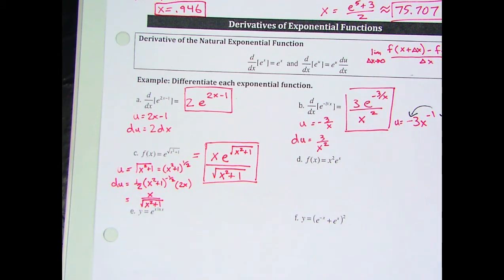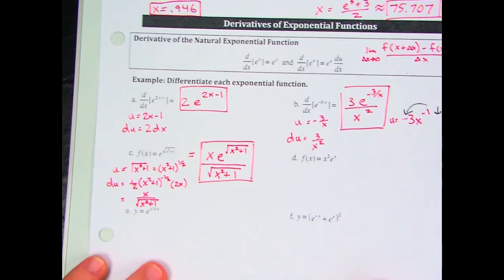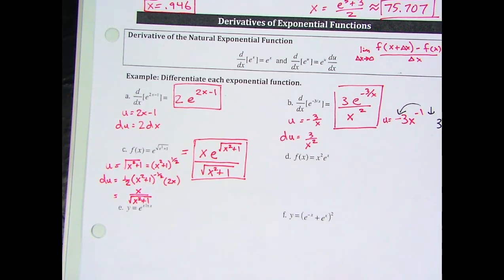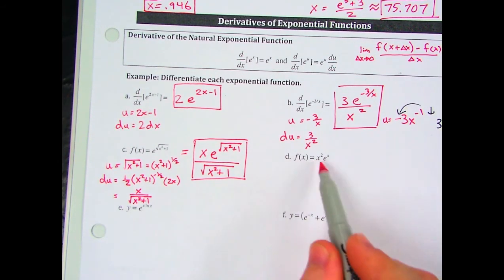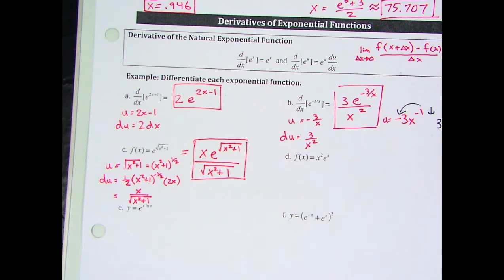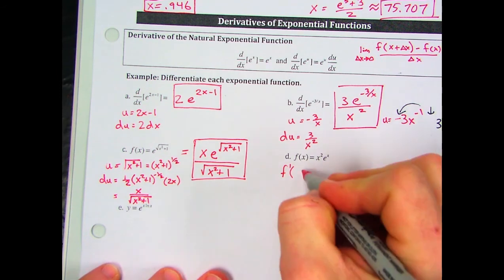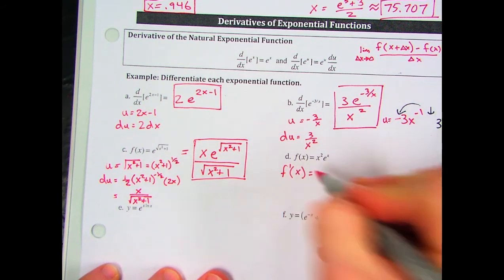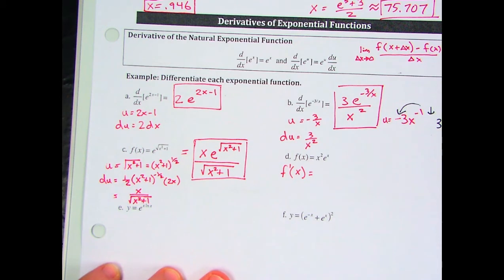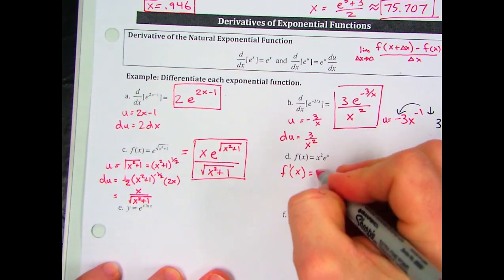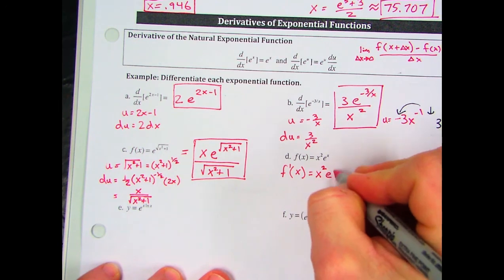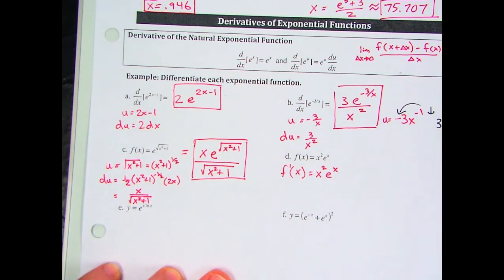All right. In letter D, now you can see a combination composite function here. So we have x squared times e to the x. And so we're going to use the product rule. And this is super easy because notice it's just e to the x, which turns into e to the x. So we're going to have the first function times the derivative of the second